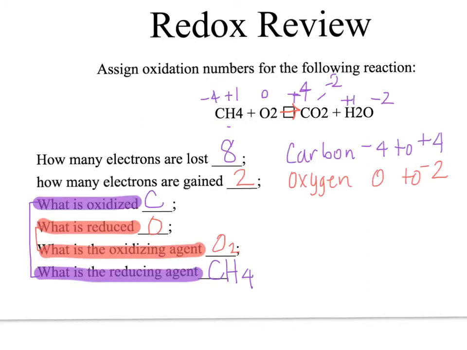So for CH4 and O2 being combusted and going to CO2 and H2O, here's what we have. We see that carbon went from a -4 oxidation number to a +4. So that means it lost 8 electrons. And then the oxygen went from a 0 to a -2 on its oxidation number, so that means it gained 2 electrons. So since carbon lost electrons, it is oxidized,